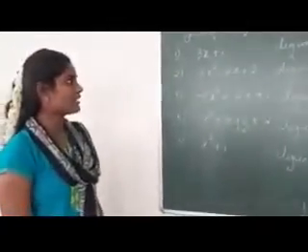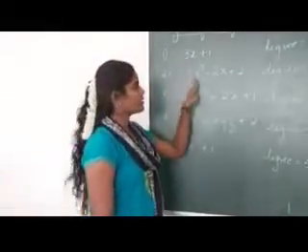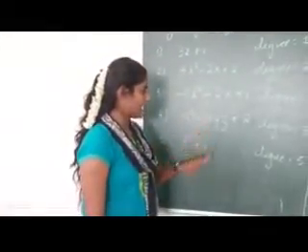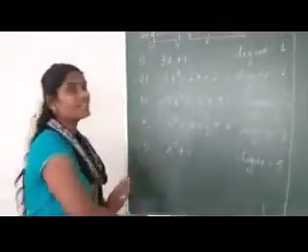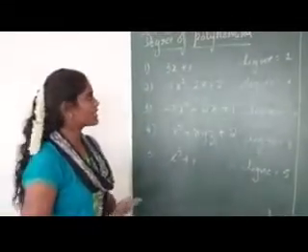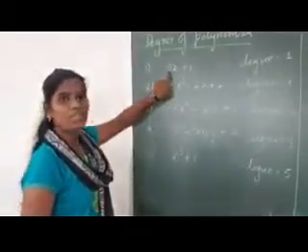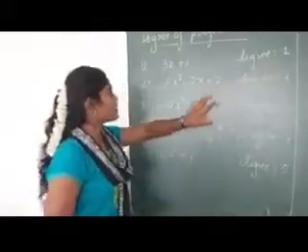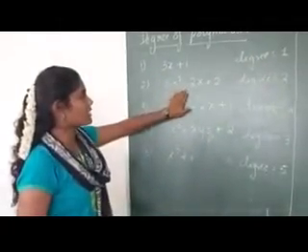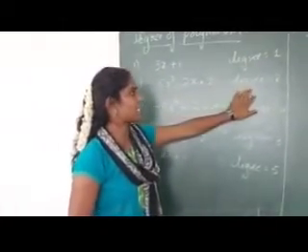So I've just written certain numbers. I'm saying that the degree of these expressions is 1, 2, 4, 3 and then 5. What have I done here? How can you define the degree of a polynomial? Let me show. Here the expression is 3x plus 1, and I'm saying that the degree is 1. Here the expression is 5x square minus 2x plus 2, and I'm saying the degree is 2.